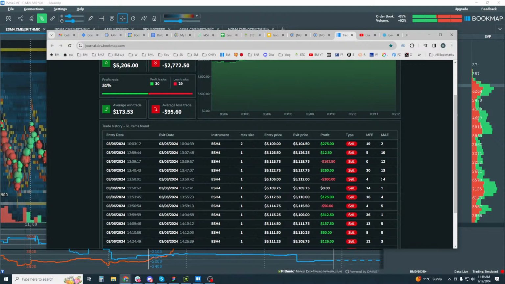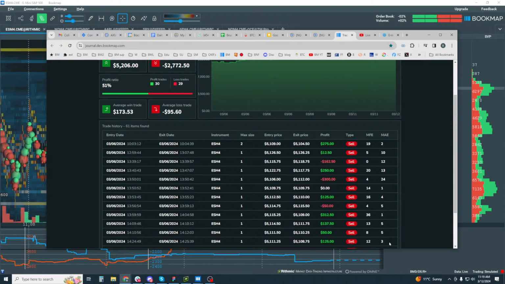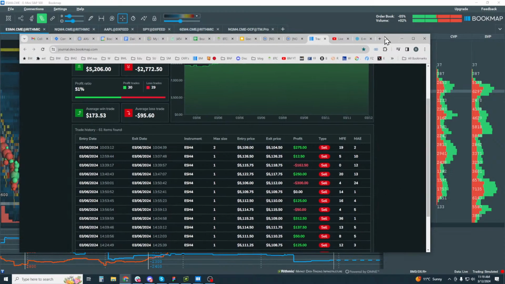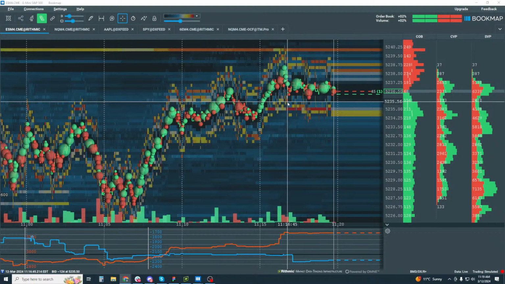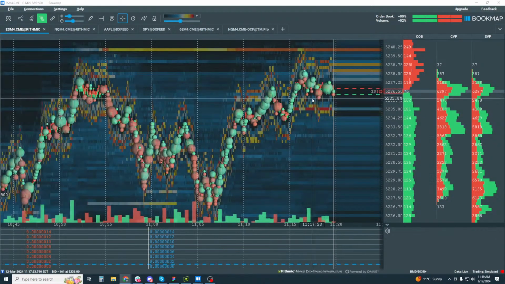Look at this one, 424. Right? We want to look more like this in here. We want to see double digits on the left-hand side, single digits on the right-hand side. Okay? So, and then scaling in, etc. That's where we're going to make the